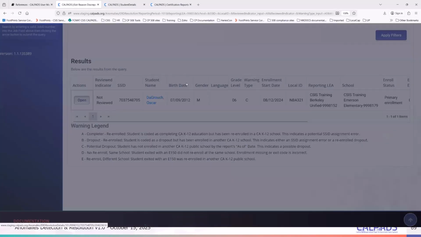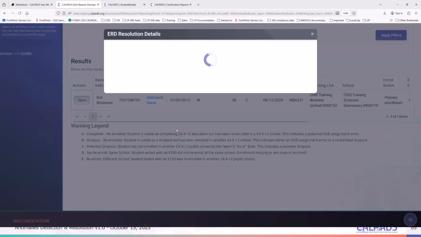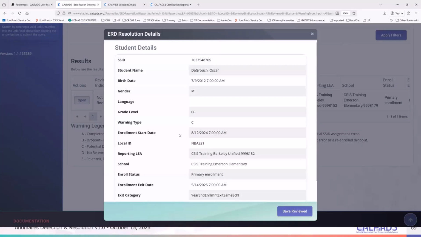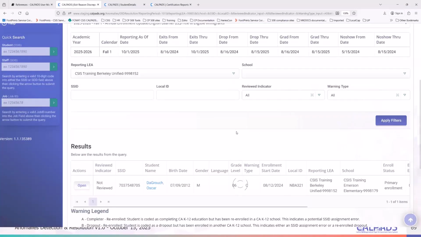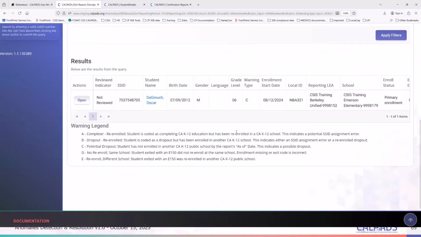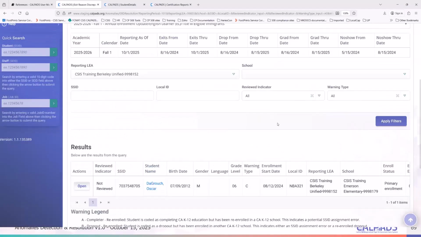So I can just open this and mark this as resolved, or save reviewed, and then internally you could investigate this. So this save reviewed is just a way for you to filter the exits, because if you have 100 ERDs here, then of course it would lessen your list.